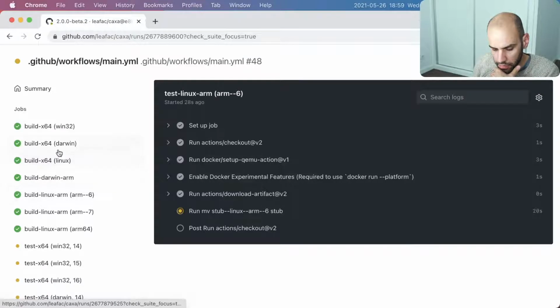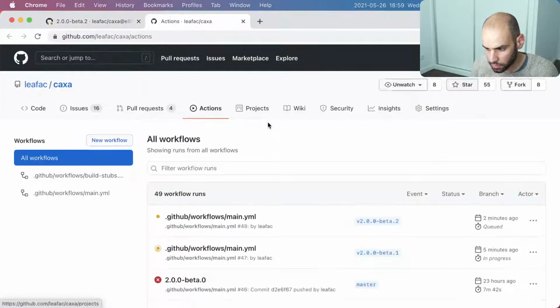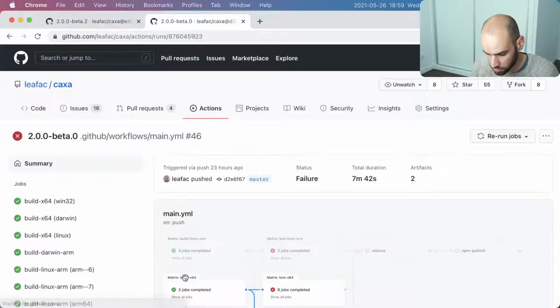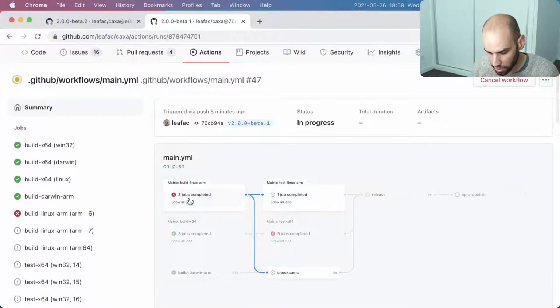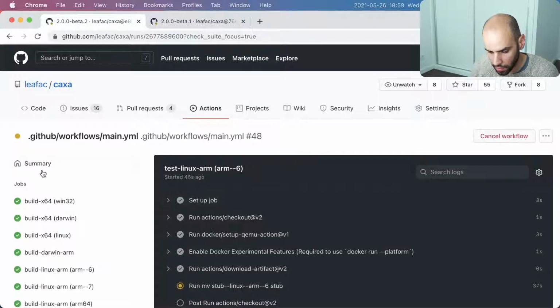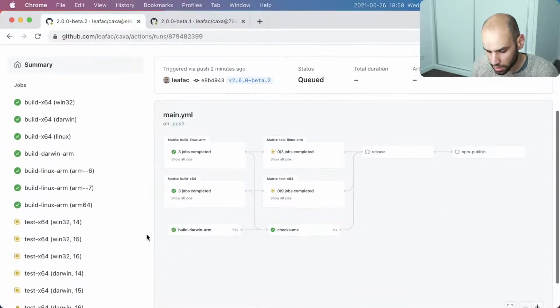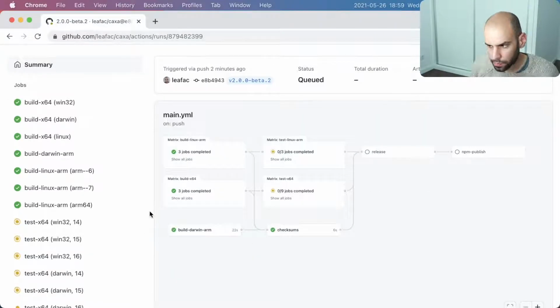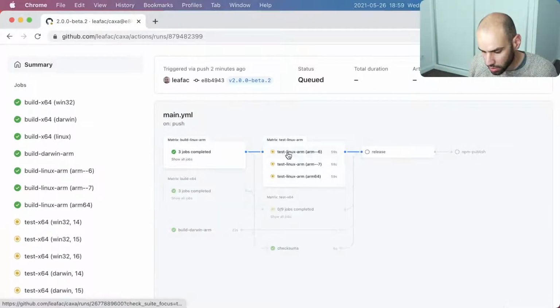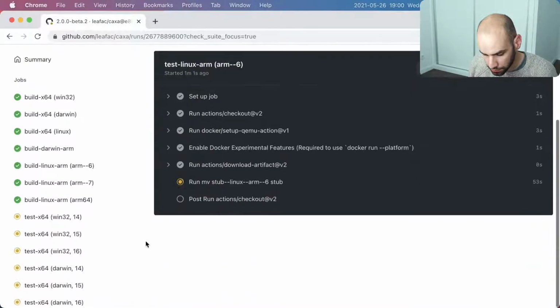And by the way, I think we fixed the issue because the issue was on build Linux ARM. That was the issue on the previous run. Not on this one. On this one. So the issue was in build Linux ARM, and we are already over build Linux ARM. So we fixed the issue, the permission error, by appending the separator within the Docker container.